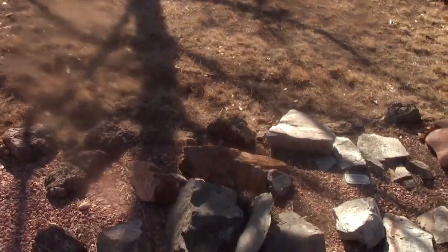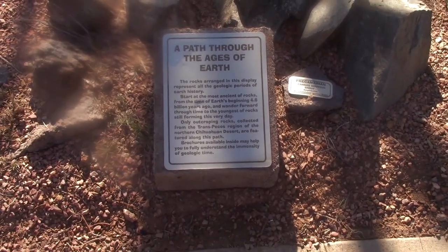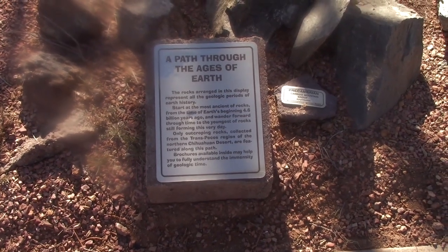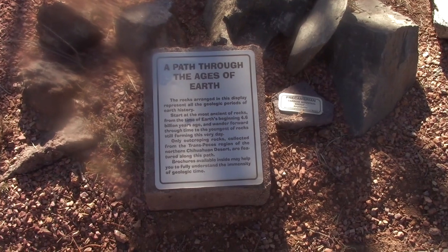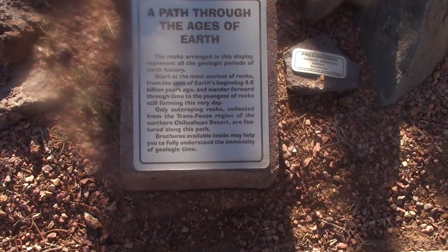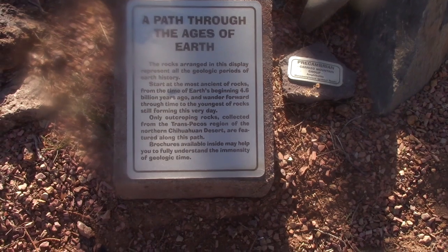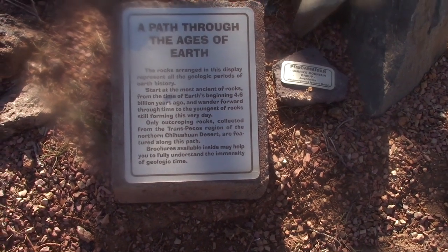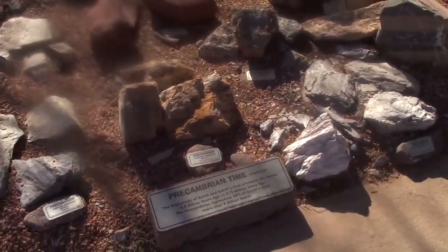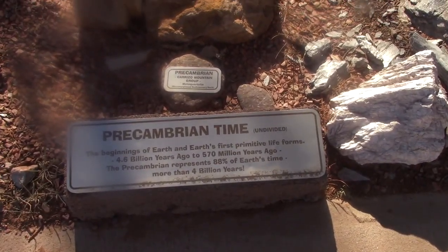One of the things I think is really neat that they have up here near the visitor center is this path, and it's called a path through the ages of Earth. The rocks arranged in this display represent all the geologic periods of Earth history. Start at the most ancient of rocks from the time of Earth's beginning and wander forward through time to the youngest of rocks. And then they have these labels. So there's the Precambrian time,